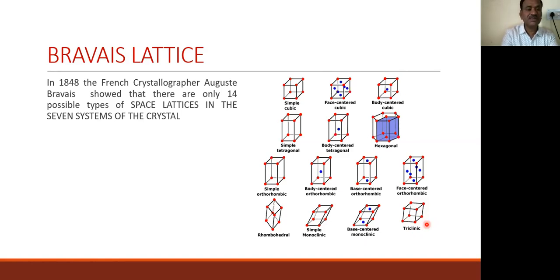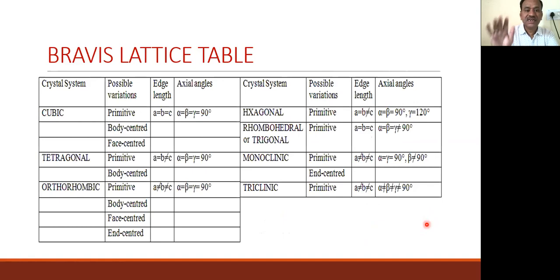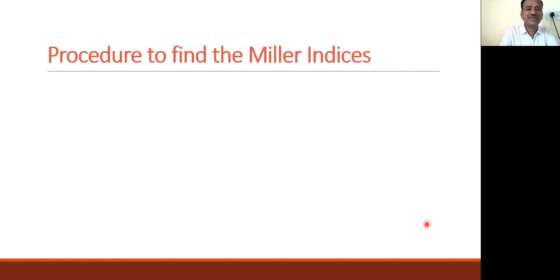Okay, in total, Bravais identified 14 space lattices. That is the same thing I explained with the table of lattices. Next, now